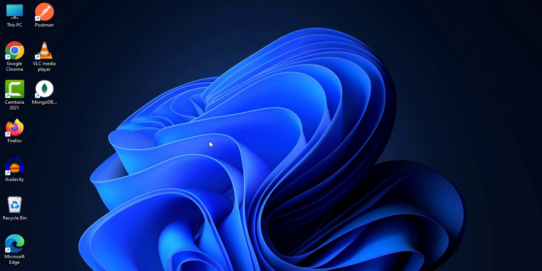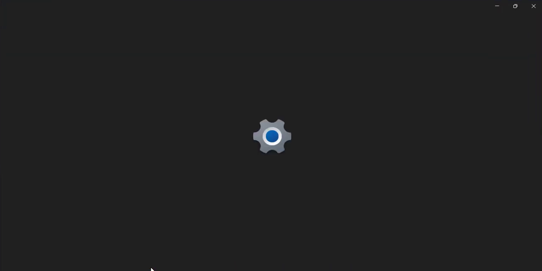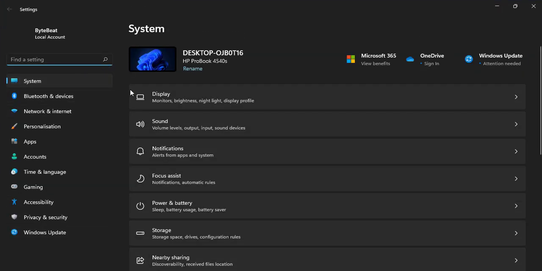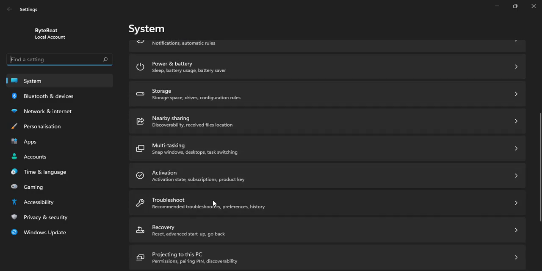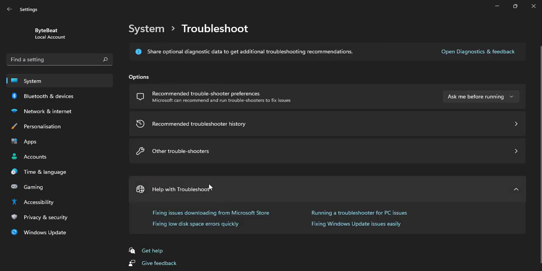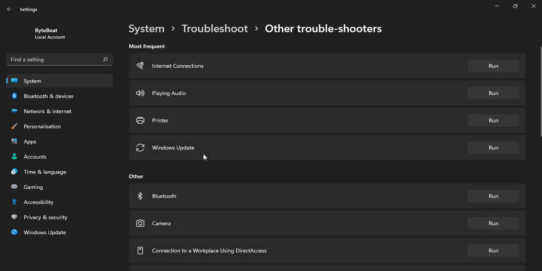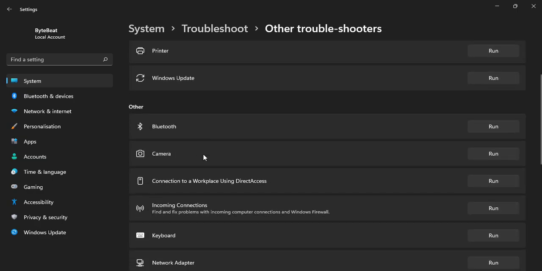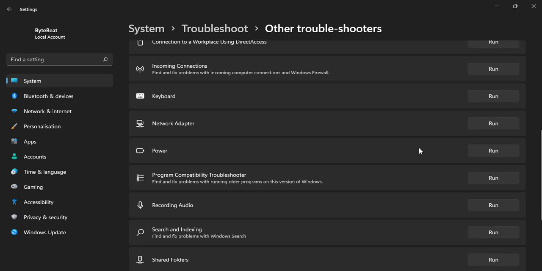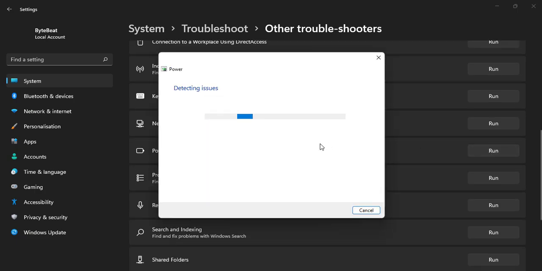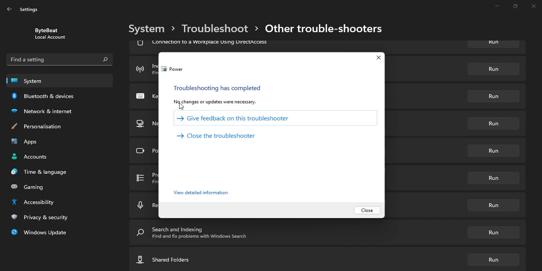And other than that, you can run the power troubleshooter. To do that, press Windows plus I. It will open the settings menu. Under the system section, you need to go to troubleshoot. It is right here, just tap on it. Go to other troubleshooters. You need to find power in this list. Scroll down, yeah, it is here, just tap on run. Now it finds the issues related to power settings, and you can see no changes or updates necessary. That means it has no problem. Just close this one,